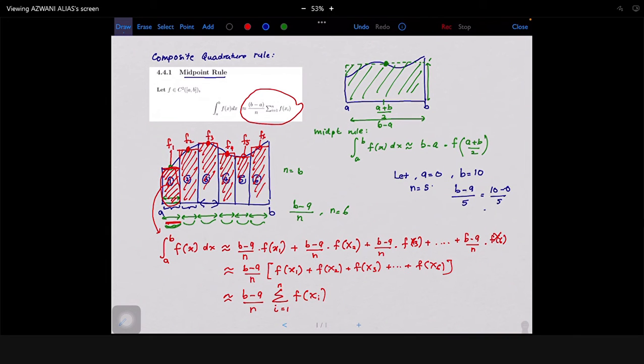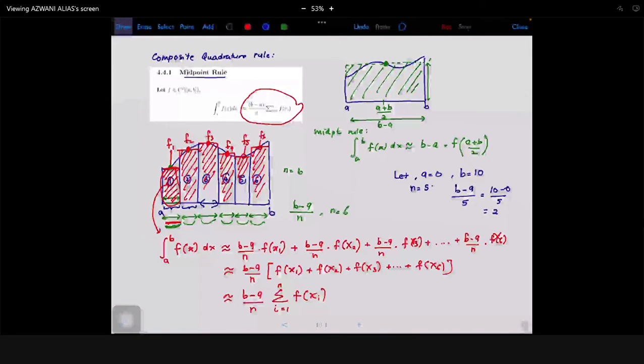So for each sub-interval tu adalah 2 nilai dia. Kalau ada 6 sub-interval bagi dengan 6. So tu adalah teknik dia lah. Tu masuk je proses for the value yang akan dapat tu. Okay, jelas? Tu adalah the composite midpoint rule. Boleh. So next adalah